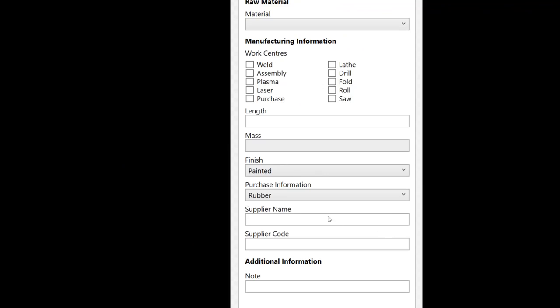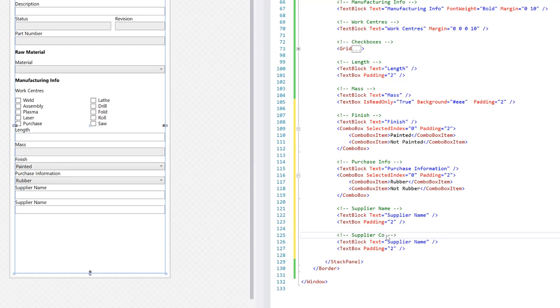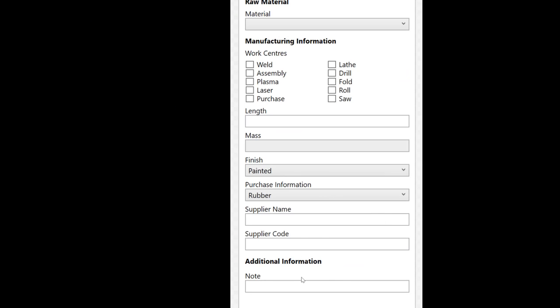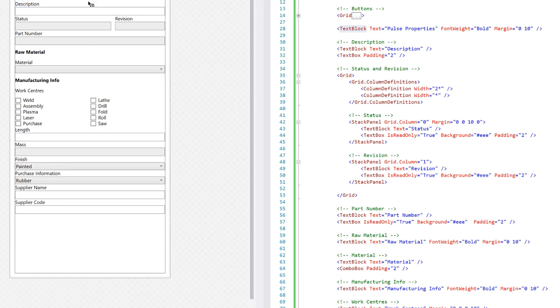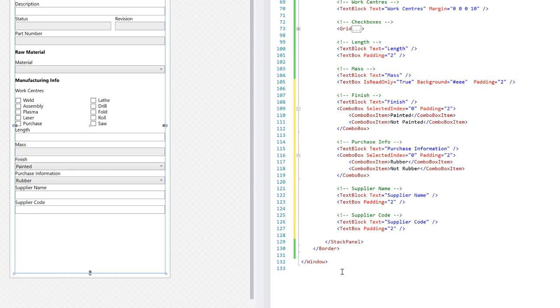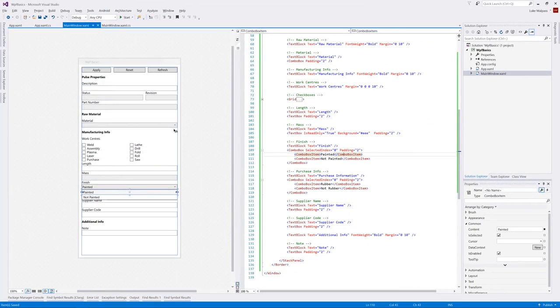So now we've got supplier name, we want supplier code. Then we've got additional info and note. So that's just like, pick any. Let's pick this one again. So there you go, there's the entire form. So we press F5